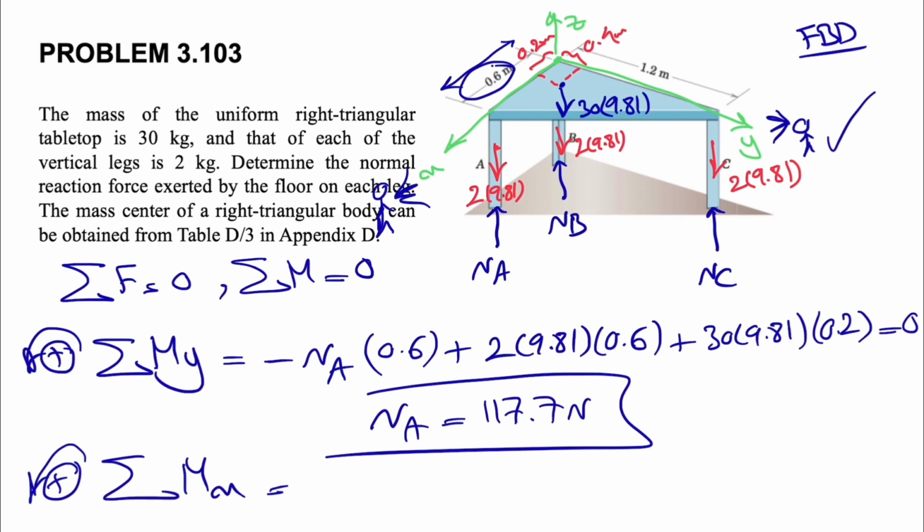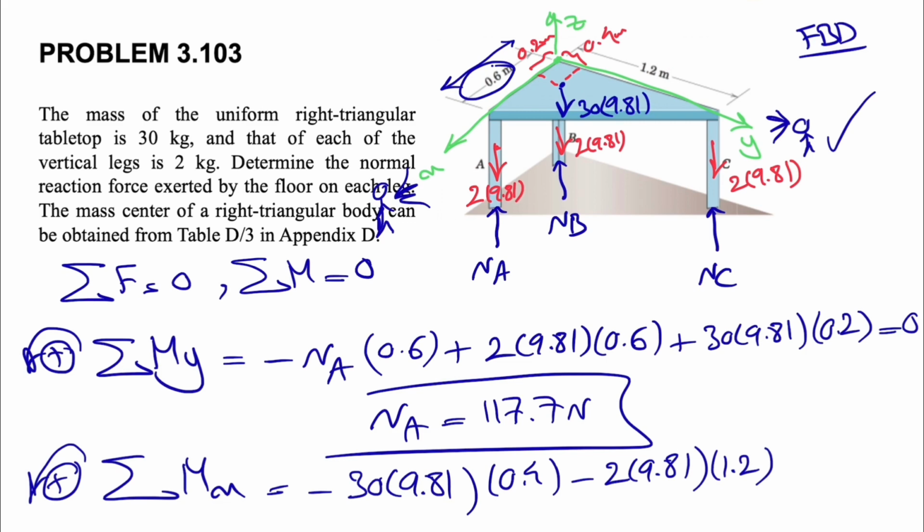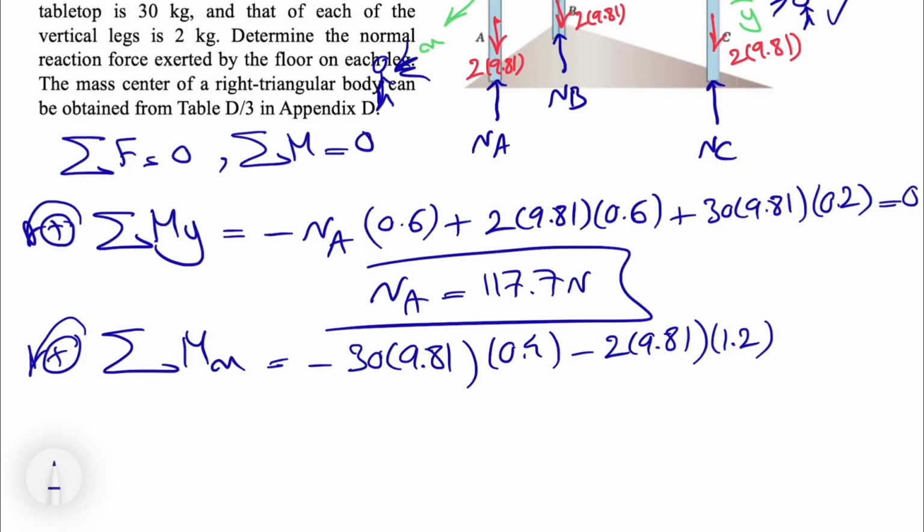If we look at this, we'll see that the moment of tabletop is clockwise, which means we have a negative sign. So 30 times 9.81, and the distance would be simply 0.4. And we have the moment of the weight of the leg, which is same direction as the weight, negative moment, 2 times 9.81, and the distance will be 1.2. This distance in here, and the last moment is NC, which is the other unknown, and it will make a counterclockwise moment, and the distance would be 1.2, and this equals 0. And from here we can find NC,